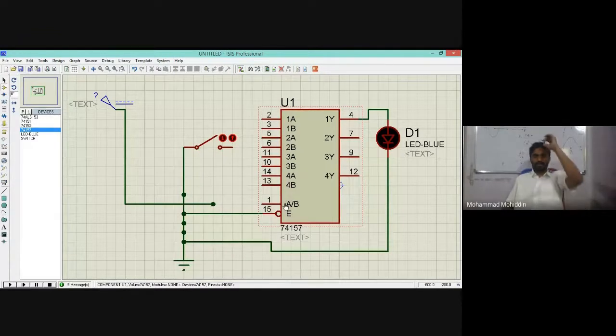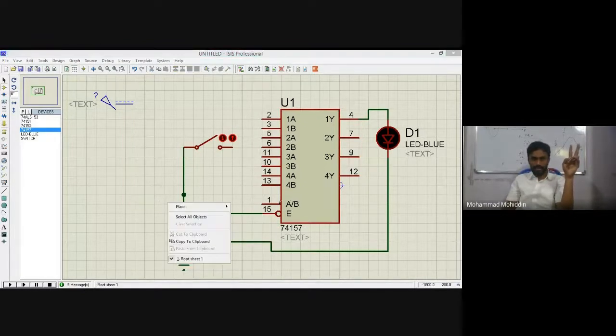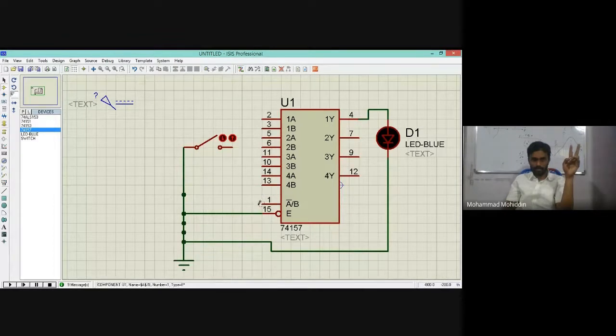Only one selection line. 2 inputs. One selection line means 2 inputs will be there. The first one we are using, these are the 2 inputs. Now first we will make selection line 0. This is the selection line. Selection line 0 means first input will get selected.